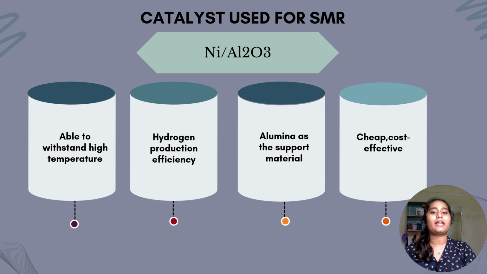For the catalyst, we have selected nickel supported alumina as the primary reforming catalyst. This is an optimal choice because it provides the best balance of performance and cost effectiveness. Nickel is highly effective for the methane reforming reaction, and crucially, it remains thermally stable under our high operating temperature. The alumina support plays a critical role. It provides the necessary large surface area for efficient gas-catalyst interaction, alongside strong mechanical stability for the catalyst bed inside the PFR tubes. Using this nickel-based catalyst ensures high methane conversion while keeping the overall system design durable and economical